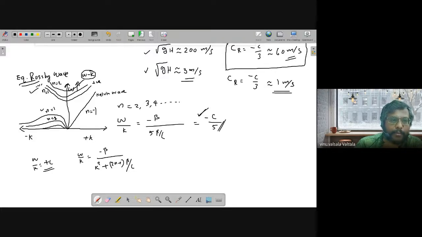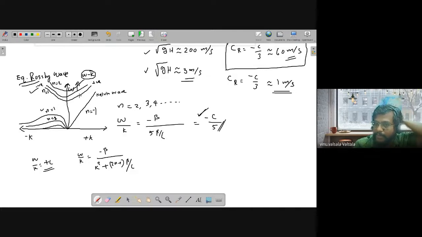They can propagate to the east or to the west. They're high frequency. That's why I draw the diagram a little bit up in the axis, because they are high frequency. They are separated from the low frequency waves, so I draw the dispersion curve a little bit to the top. So this is a trapped gravity wave.